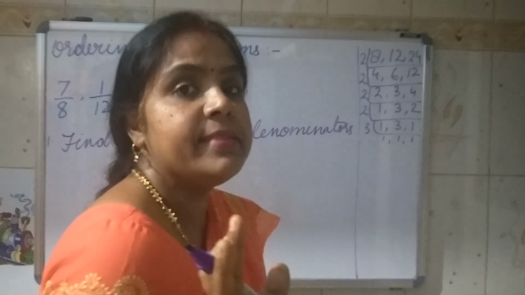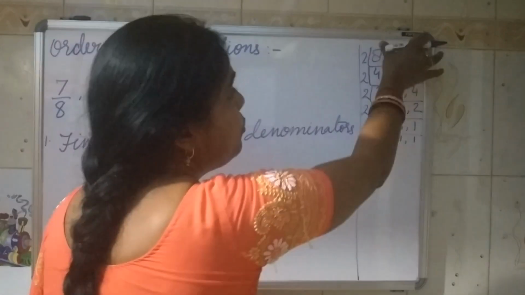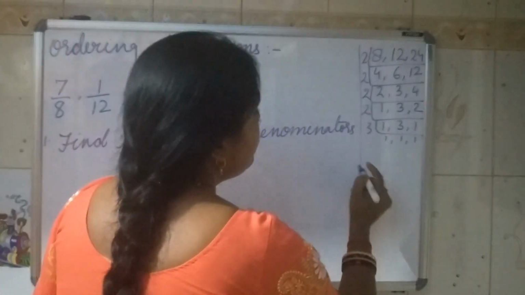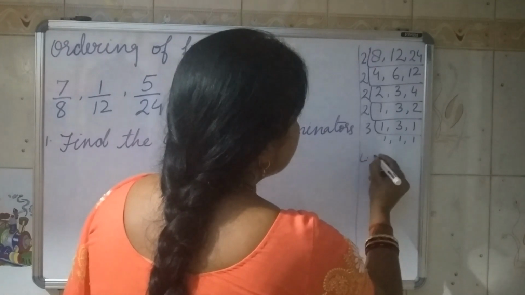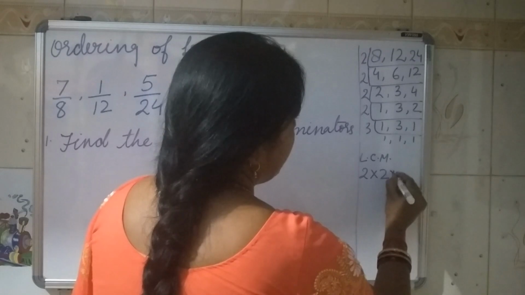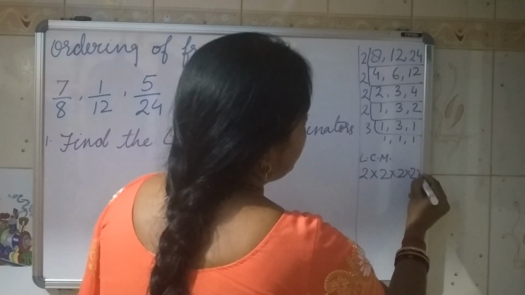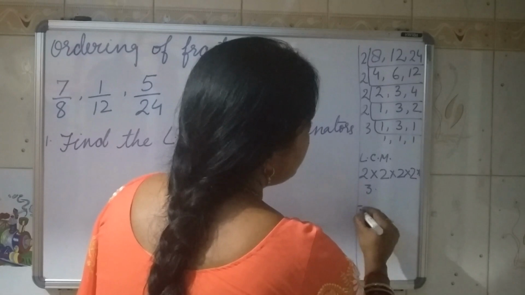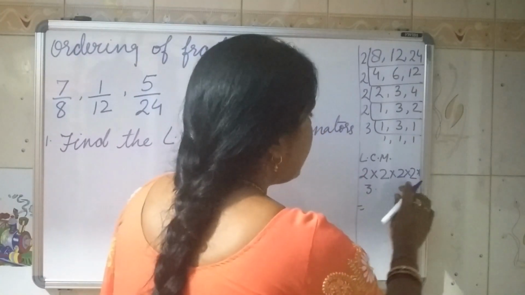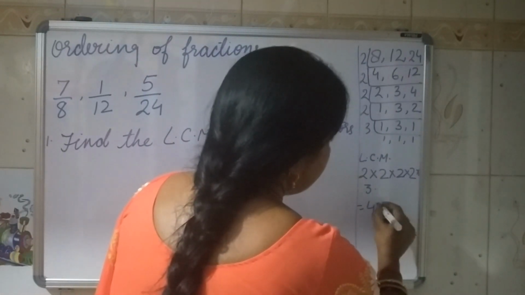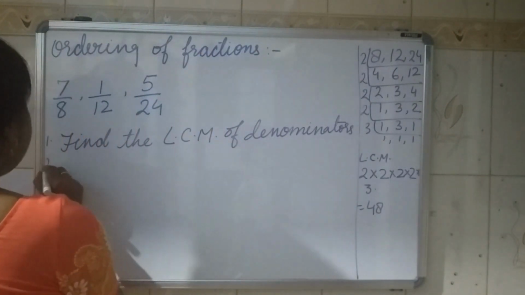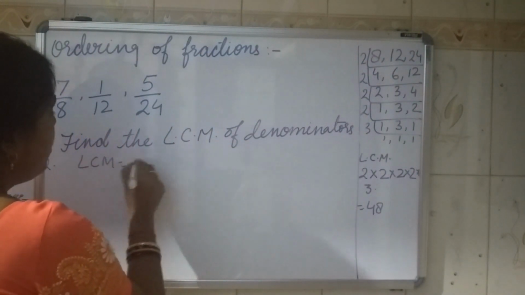Okay. In the LCM chapter, we explained that we have to continue until we get 1 in the case of LCM. So whatever numbers have come here, LCM is equal to the product of the numbers, that is 2 multiplied by 2 multiplied by 2 multiplied by 2 multiplied by 3. Okay. 2 twos are 4, 4 twos are 8, 8 twos are 16 and 16 threes are 48. Okay. So LCM is 48. So the second step is LCM is equal to 48.